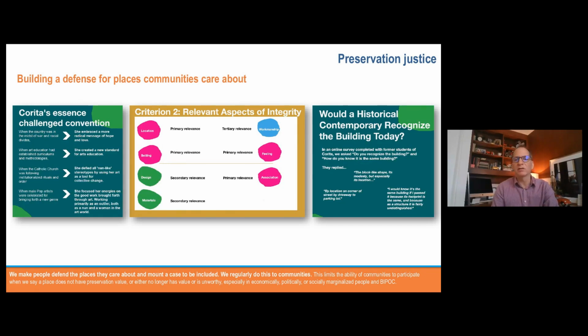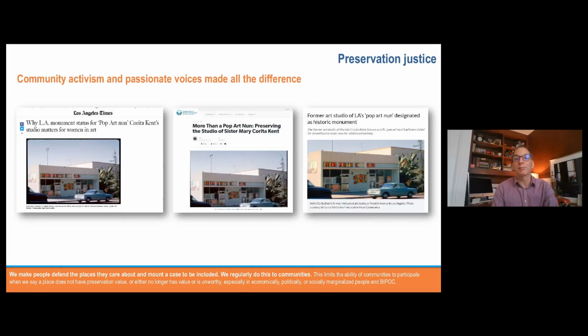The fact that this building was altered is almost immaterial in this particular building. It's more about what took place there, less about what the building looks like. And also this question of, would you be able to recognize the building if you looked at it today? Because of impassioned community activism and people that showed up, and in my experience one of the most moving public hearings I've ever experienced in terms of a local landmarking, the community made their case and they were effective. And the Cultural Heritage Commission in Los Angeles supported this nomination.